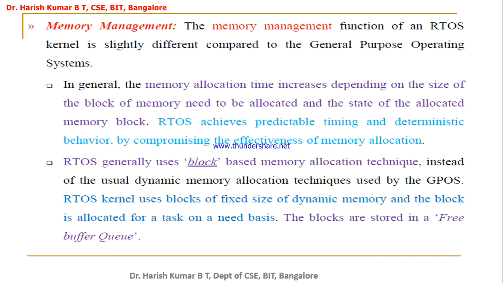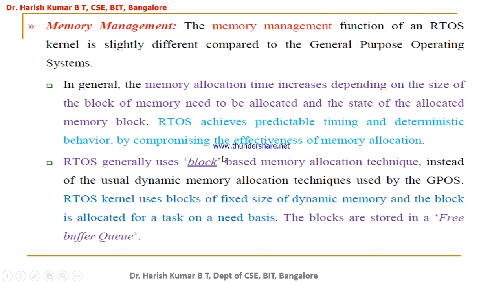Now the memory management unit. Within the RTOS also you have something called a memory management unit. This memory management generally uses the block-based memory allocation technique. So the RTOS generally uses the block-based memory management technique instead of the usual dynamic memory allocation technique used by the general purpose operating system. GPOS uses dynamic memory allocation, whereas the RTOS uses the block-based memory allocation technique,